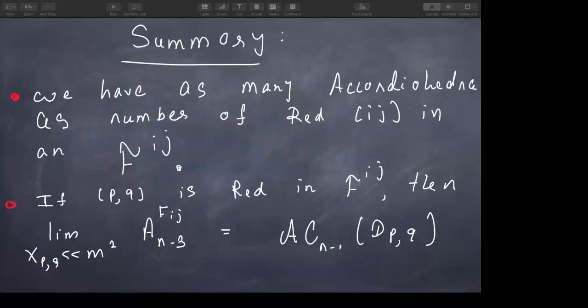Maybe, sorry, I went a bit fast because I was going over time, but let me just summarize what we obtained so far for these massive theories. We have as many Accordiohedra or colored associahedra as the number of red dissections that you start with in your reference dissection, or the number of fundamental domains Fij. Remember, each Fij was characterized by one Ij vertex which was red in the initial slide. And here's a formal result that we could prove: if you start with the associahedra, which we call an minus 3 Fij, a convex realization of an associahedra,